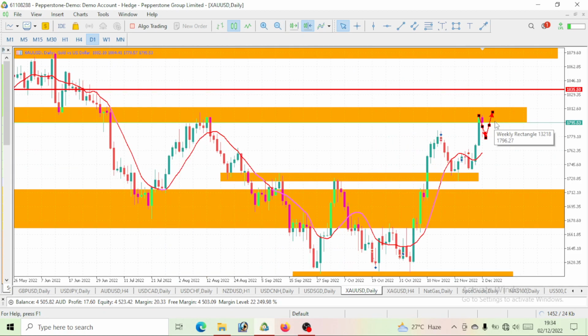Now take a look at this gold itself. So you can take a look at this movement. We saw price rejected here once, we saw it rejected here twice, 3 times, right? Then we can now take this as an ice.